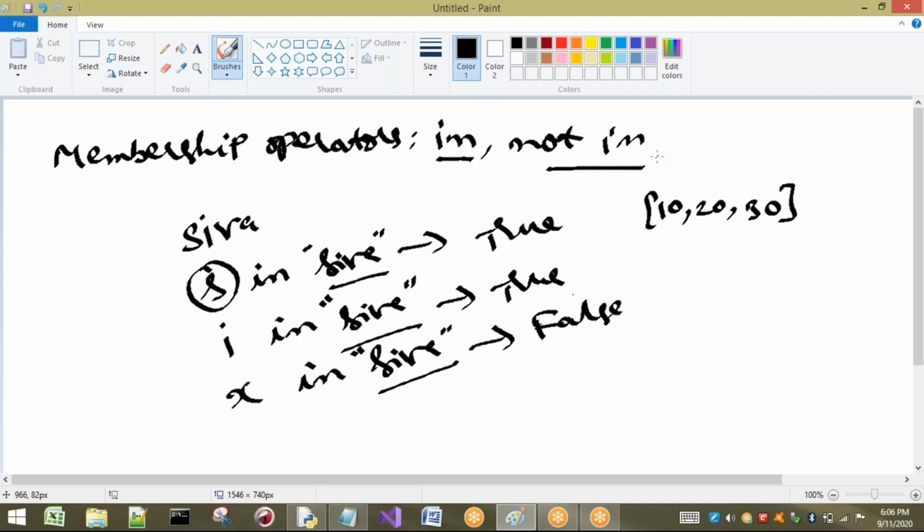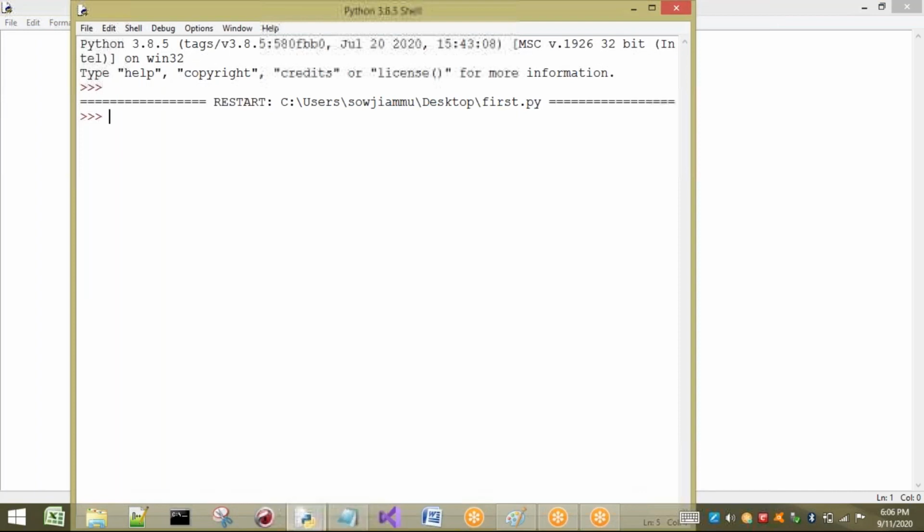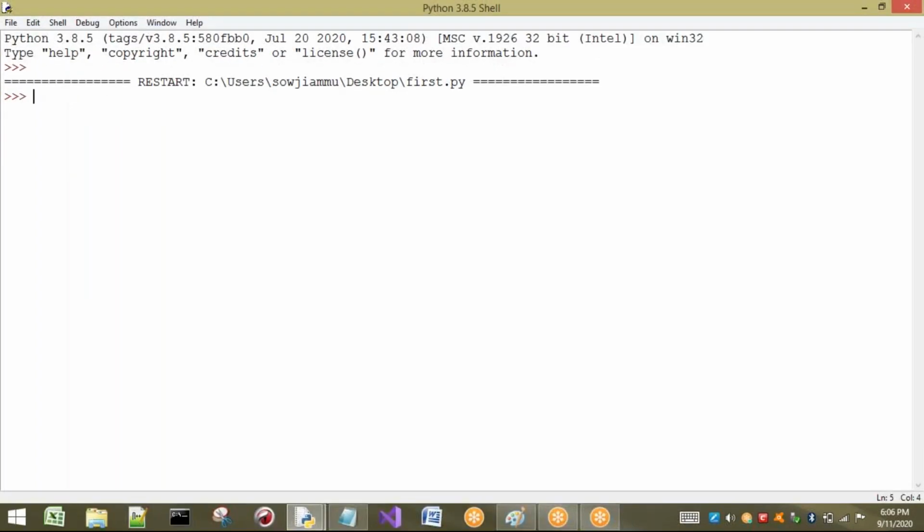I will consider some examples for these membership operators. First thing we have to understand is that membership operators will tell us whether the given value is present in the particular sequence or not. I'm going to consider a small example. I'm going to take X equal to Shiva. Here I want to find whether S in X is present. Now see, is S present in X? X is Shiva. So see, it is going to give me